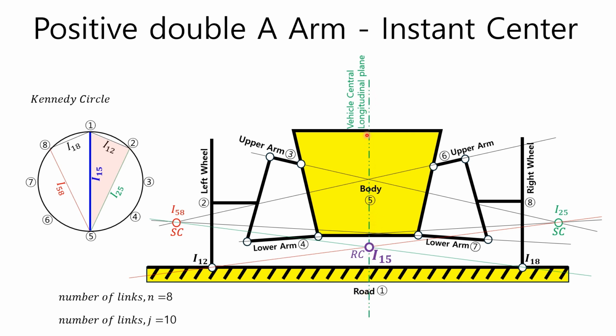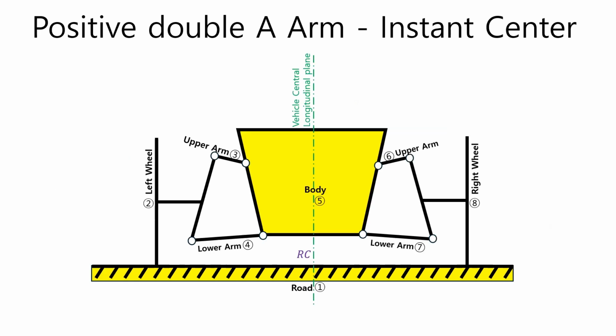The instant center I15 found here is the roll center that is conventionally used in vehicle dynamics today. As shown in the figure, the roll center of the suspension, which is symmetrical on the left and right, is located on the central longitudinal plane of the vehicle if the body roll angle is small. For the roll center of the positive double A arm,